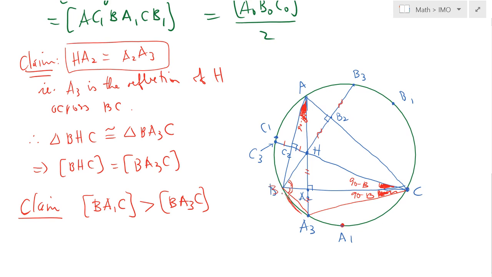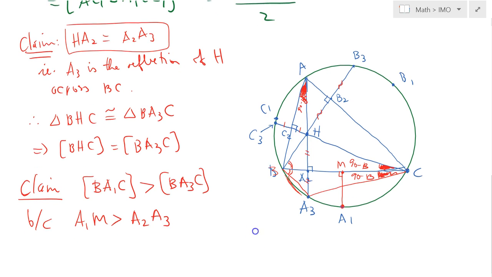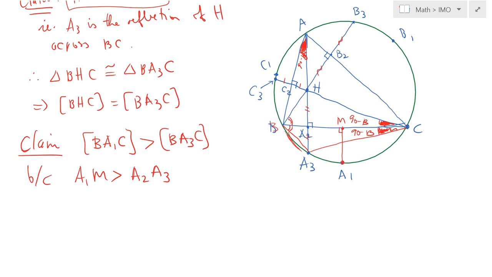And why would that be? Because A1 is the midpoint of arc BC, if I drop this altitude here, this perpendicular, and call this point M, it's obvious that A1M is greater than A2A3, and they share the same base BC. As a result, BA1C is greater than BA3C. Therefore, we can come up with the following result. So the area of quadrilateral HBA1C